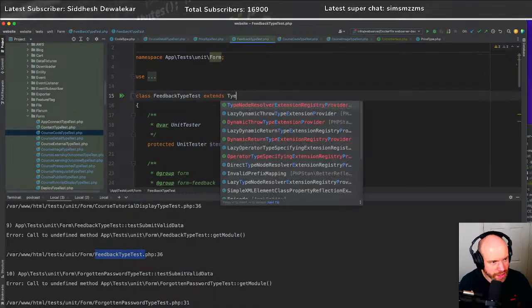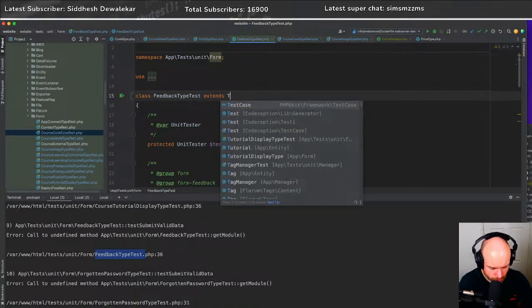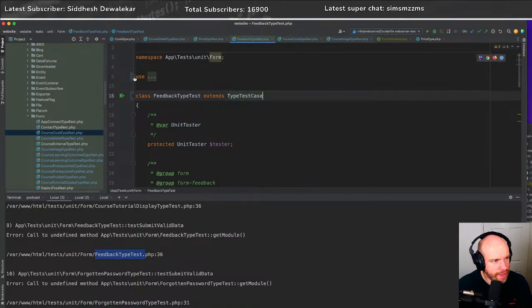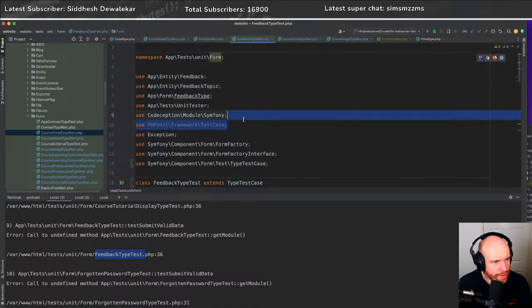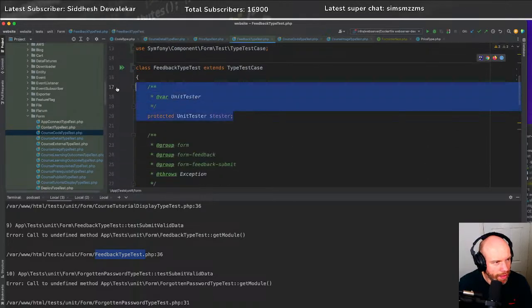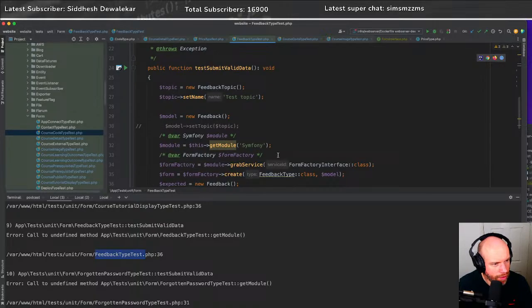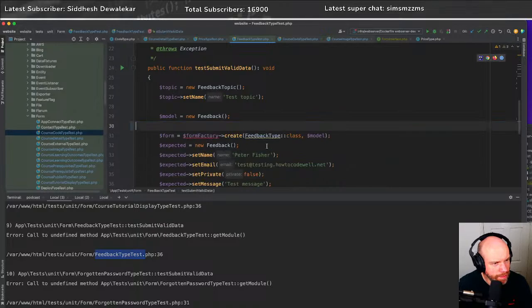So change that to type. Type test case, and clear up this, and clear up that, and get rid of this from there. Get rid of that as well. Change this to this factory,